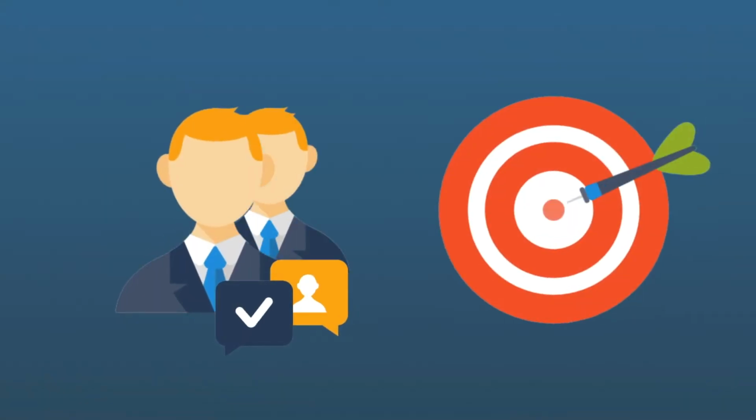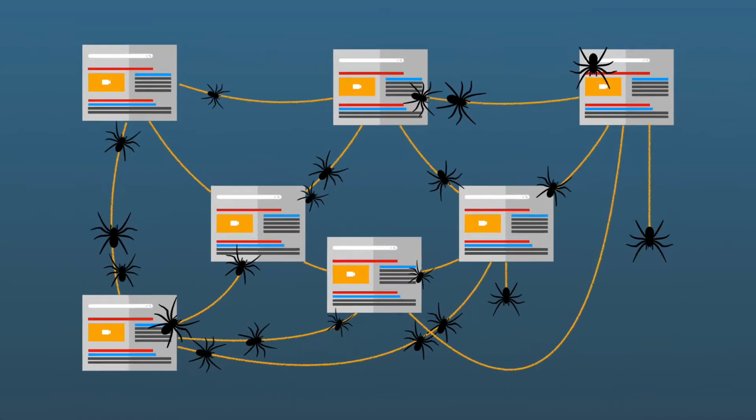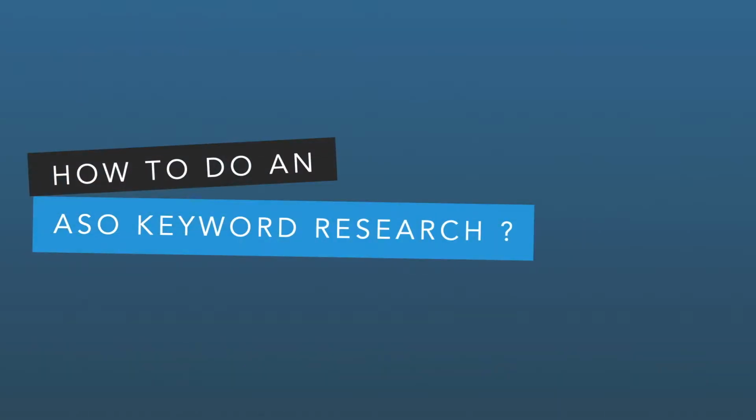It is a critical component of ASO and helps better understand what your target audience is searching for and how it is searching for content. Its purpose is also to help the App Store search engines index your content and make sure your app is discoverable. There are 2 ways you can do this keyword research. They both have pros and cons, but ultimately can complement each other if you can afford to do both.